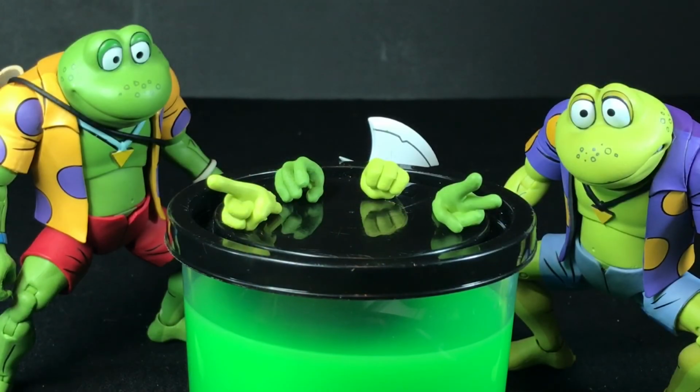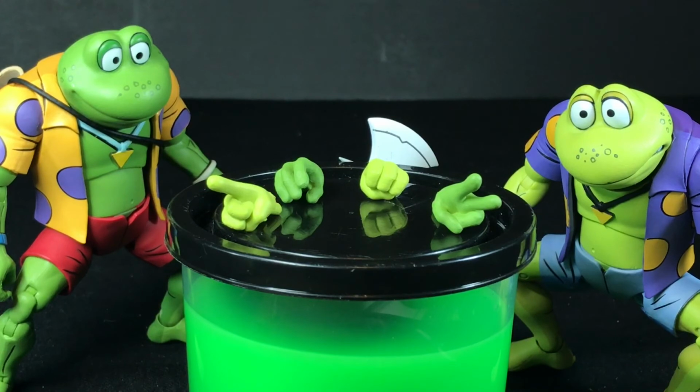Now, the thing is, with all these hands, it kind of seems like they're going for the same thing that they went with the Ninja Turtles, right? Where all the Ninja Turtles came with different hands, but all their hands are the same color, so you can mix and match them, and you have a nice set of different hands you can pick. So it seems like this kind of thing would have worked better if all of the frogs had the same skin tone, because